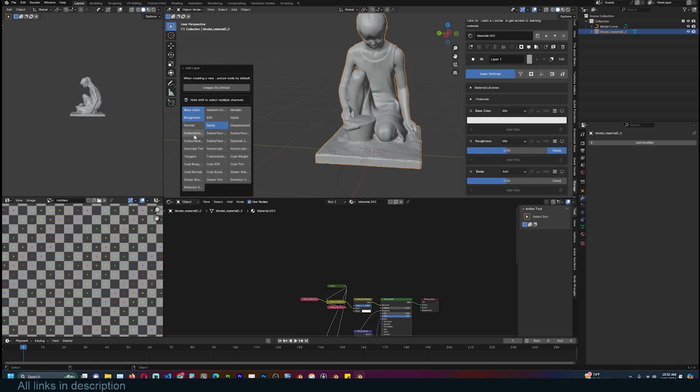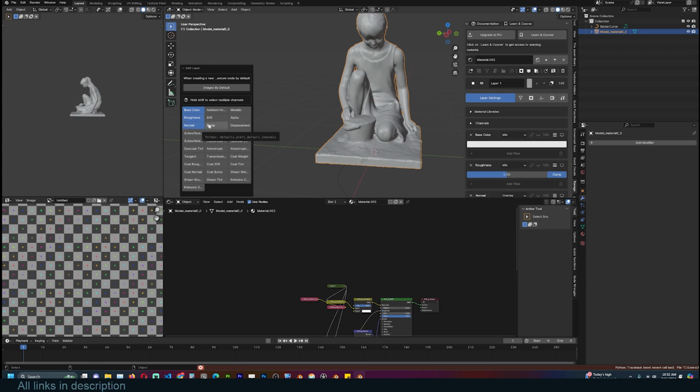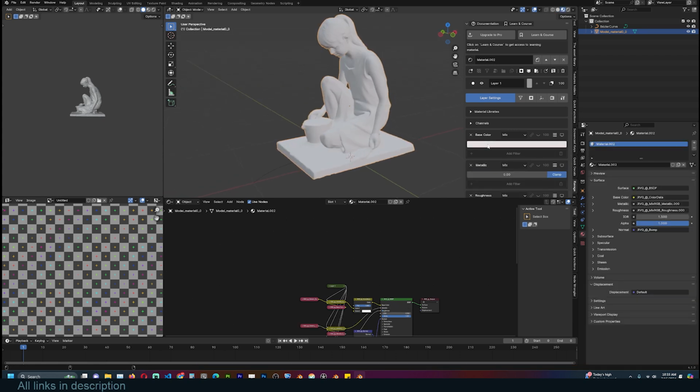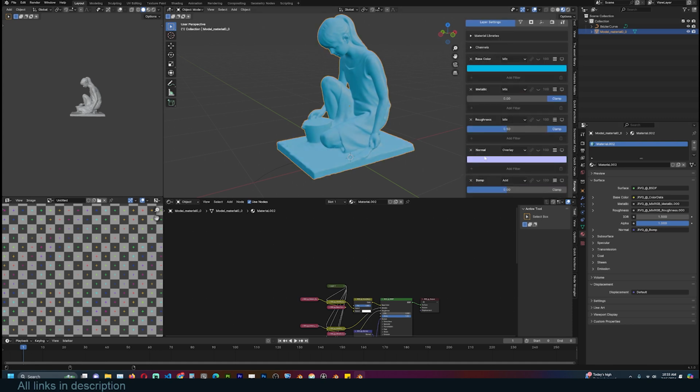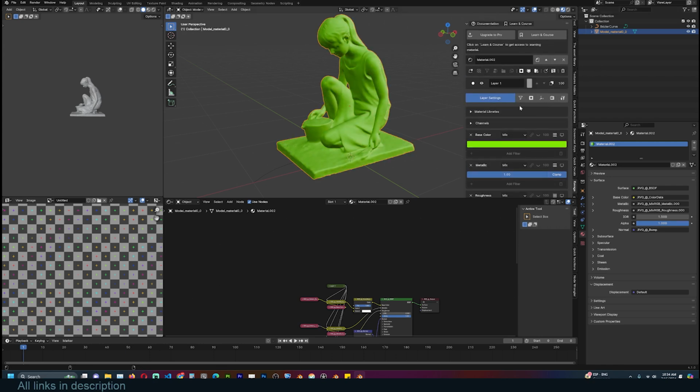You can even check the different inputs. Say you want to have an emission input as well. You can also add that. I can hold down shift and add different inputs. But let's go with base color, roughness, normal, and bump. Now, if I go to the base color, I can set a color for the base, and you can see that changes that already. I can set up metalness, roughness. So all these materials are set up for layer 1, and I can call it the base, just like that,